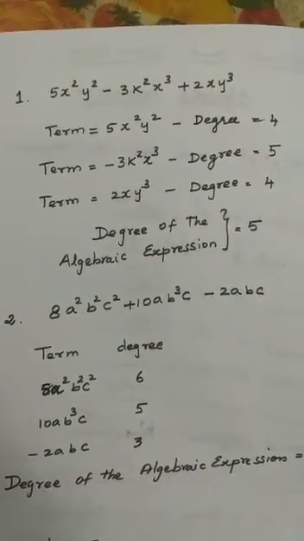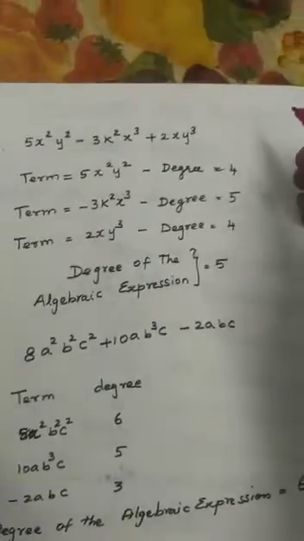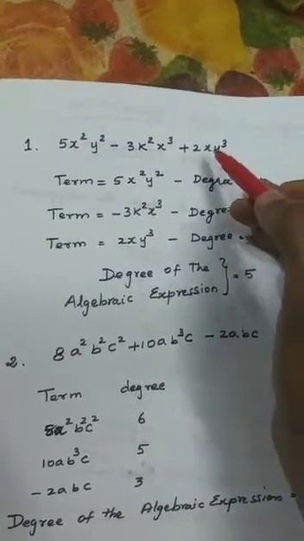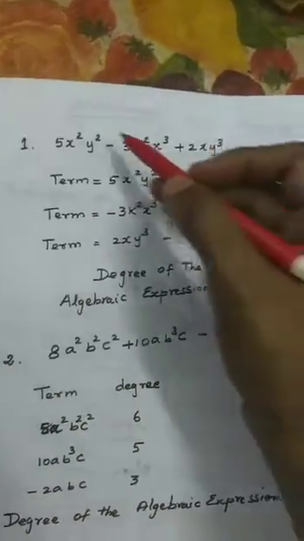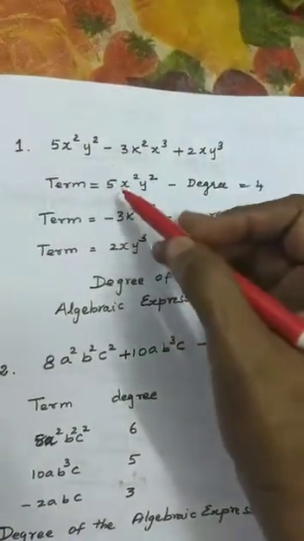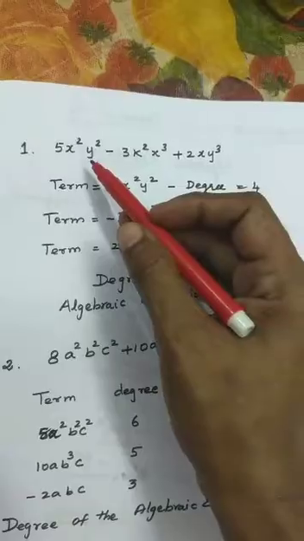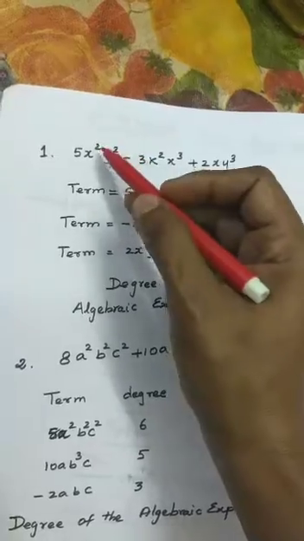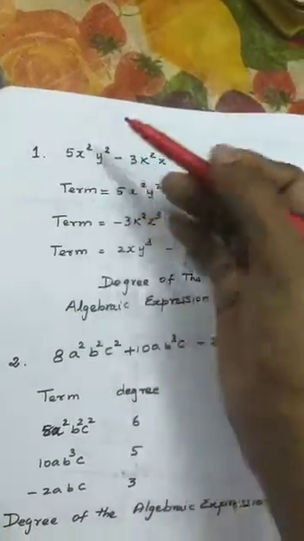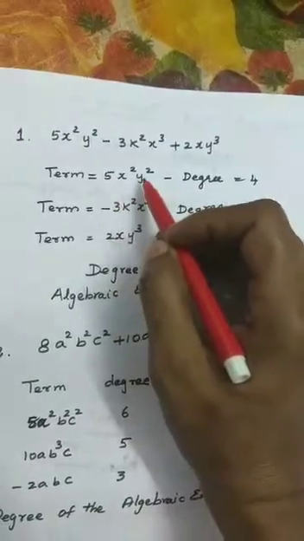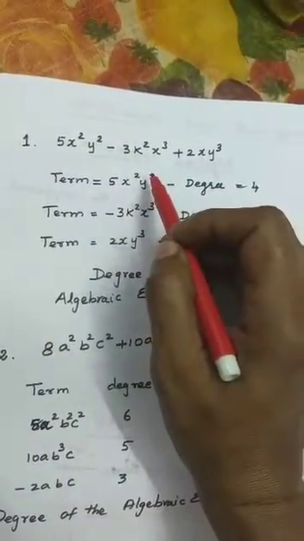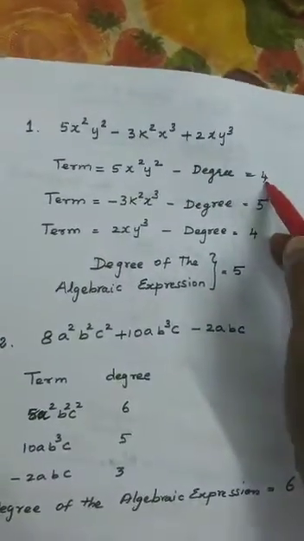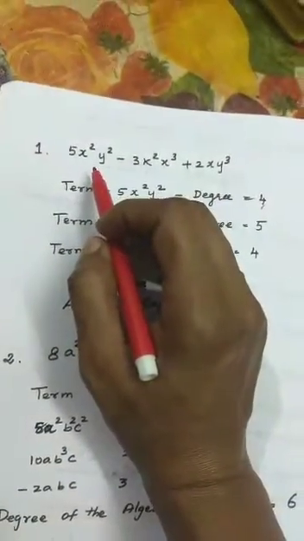Then we shall see an example for finding degree. Here, how many terms are here? Yes, there are 3 terms. First, you take this first term. In this first term, we shall see the degree first. What we said, we have to add all the powers of the variables in one term. So 5x square y square. So here 2, 2. You have to add the powers. That is 2 plus 2, 4. For this term, the degree is 4.